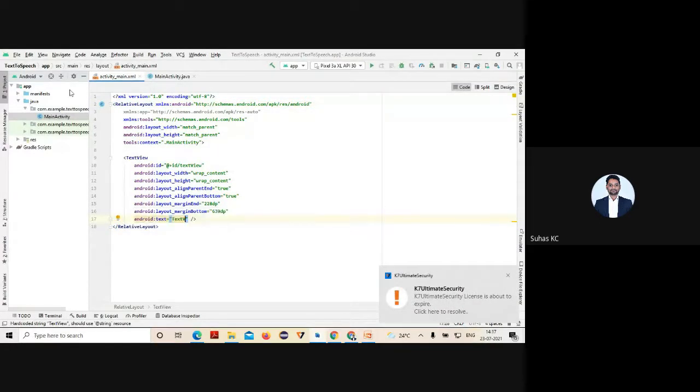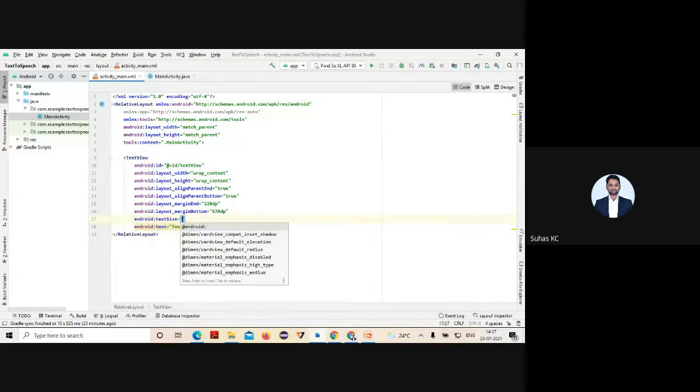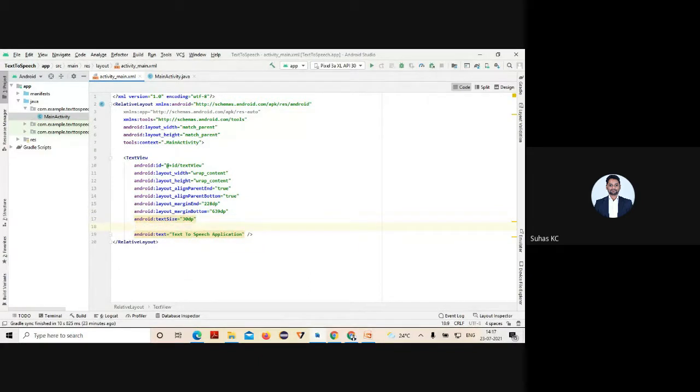I simply say that this is used for the text to speech application. I can set all the other parameters like size, so I'll set the size as 30 dp. I can make the style bold, then go to text alignment and make it center.